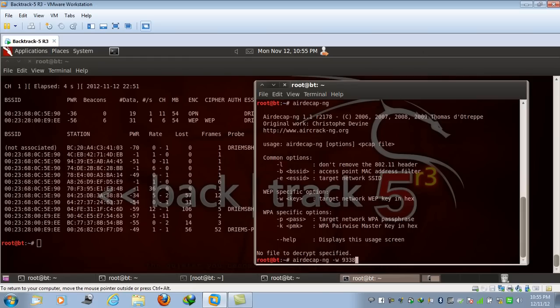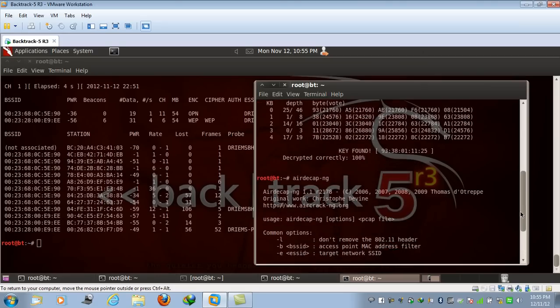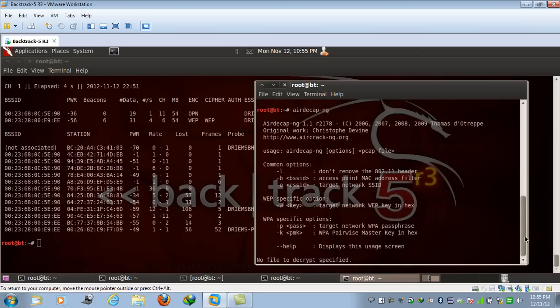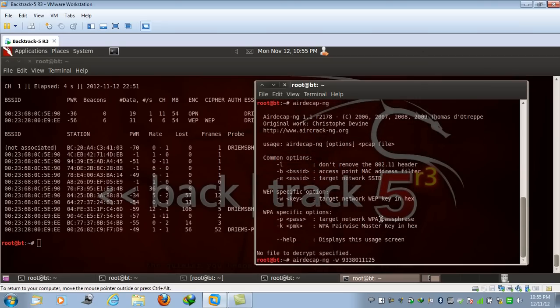Let me verify with this. 9338801125. So this is the right key.